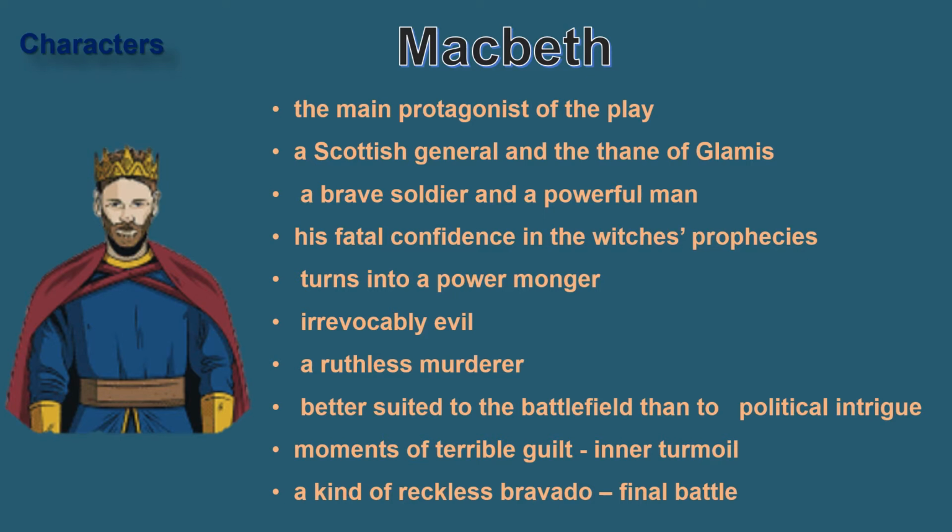But it seems that he is better suited to the battlefield than to political intrigue. That's why he couldn't stand for a long time on the throne. There come the moments of terrible guilt and inner turmoil almost in the end of the